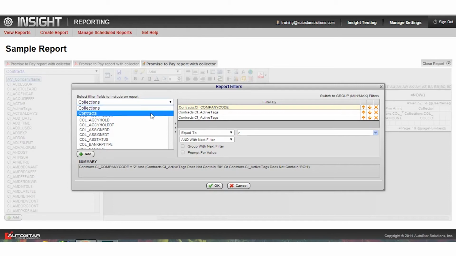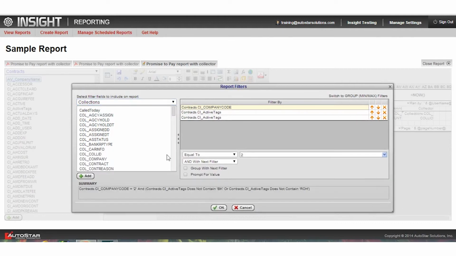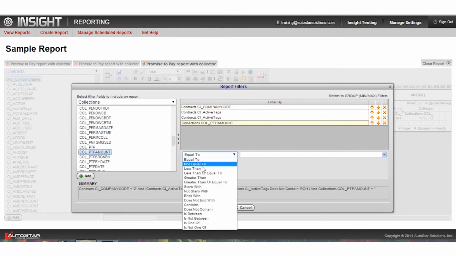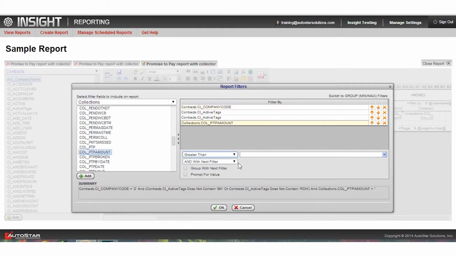So I'll come back over to collections, and I'll scroll down until I find my promise date, or actually I'll go by promise amount. I'm going to drag that over, and I'm going to say the promise amount is greater than 0. Then I can click OK,